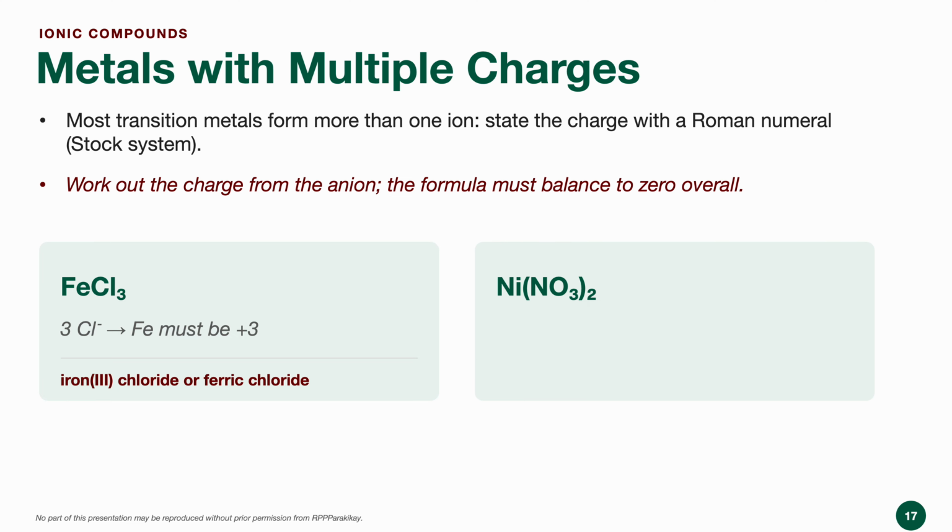So another example is Ni(NO3)2. In this compound, there will be 2 nitrate anions, and each nitrate anion, as we look at the table, will have a -1 charge. And therefore, it needs the nickel counter ion to have a +2 charge to be electrically neutral. So this charge balancing procedure will be the essential method for assigning the correct Roman numeral. So if we name Ni(NO3)2, that will be nickel(II) nitrate.